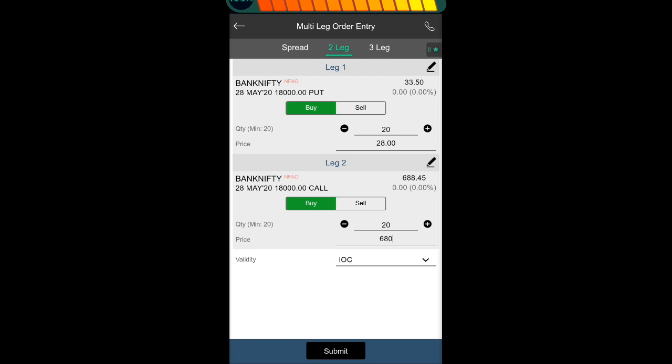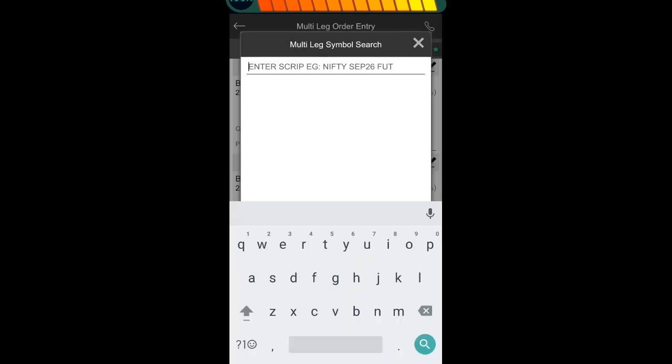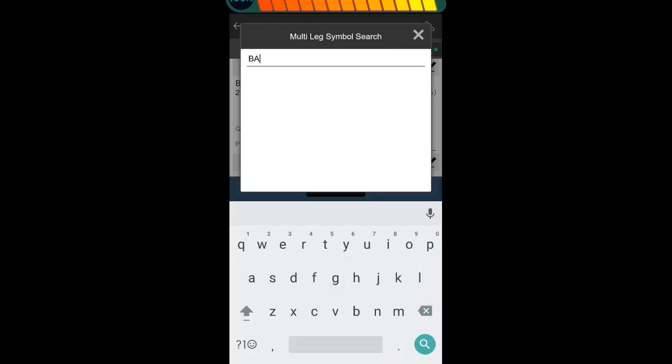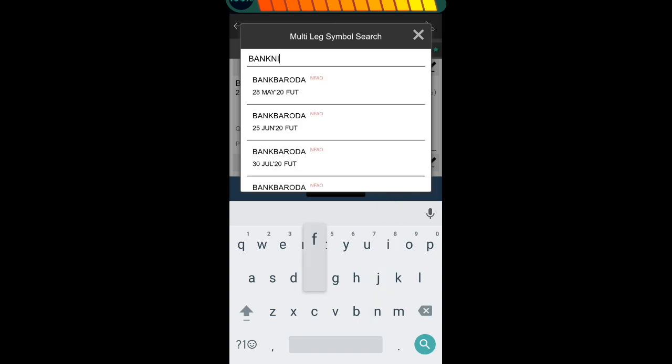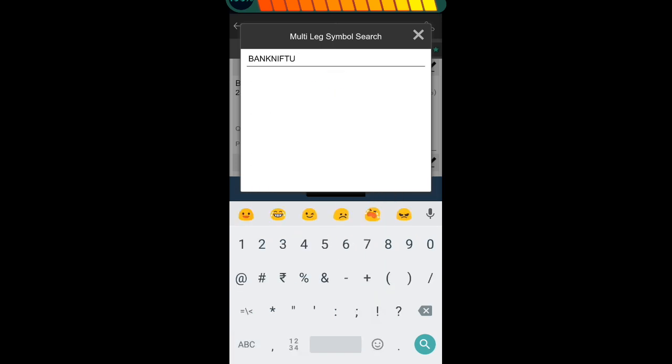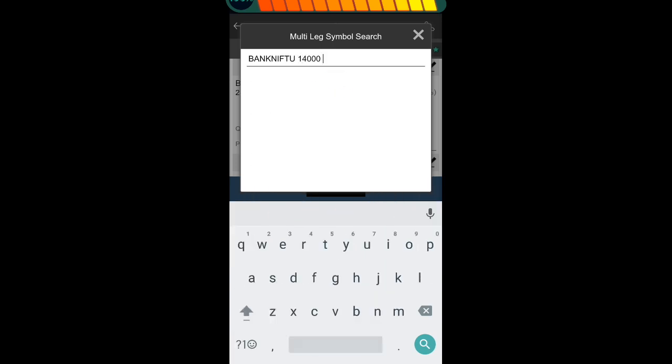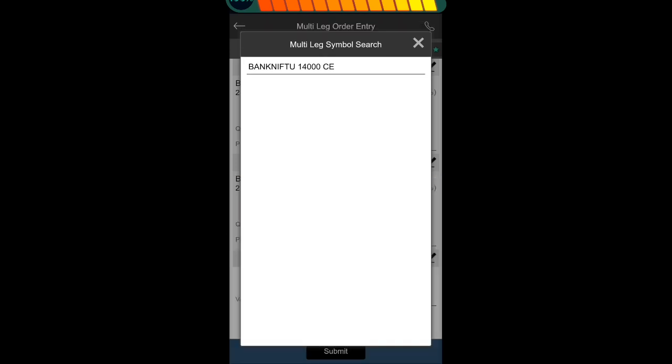We also have the three-leg order. So this is the three-leg order. Here it has already taken my two legs that I entered earlier. Now if I wanted to choose another, like Bank Nifty for support, suppose I am taking Bank Nifty 14,000 C. Oh, spelling mistake.